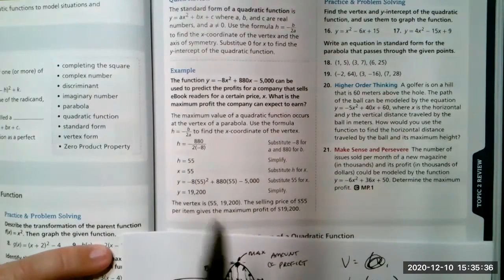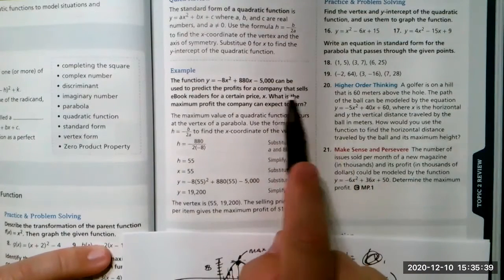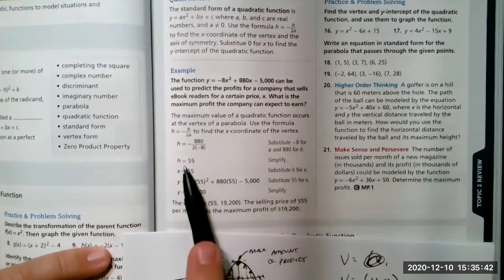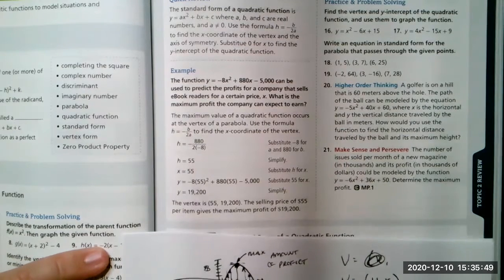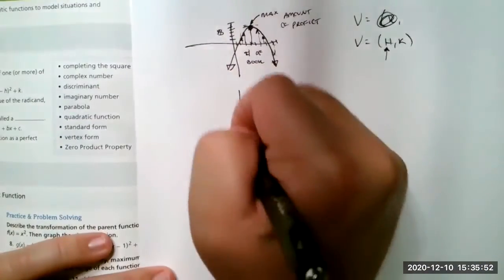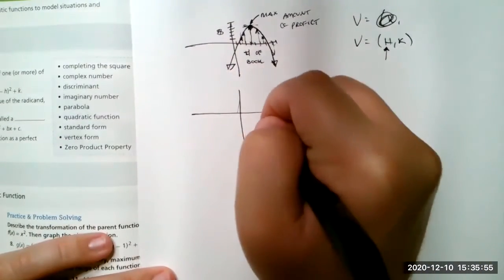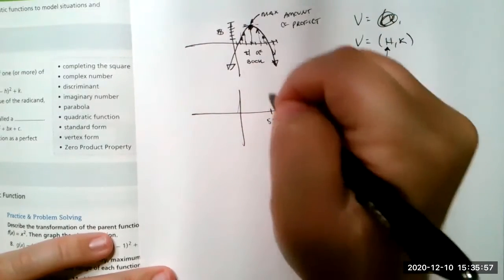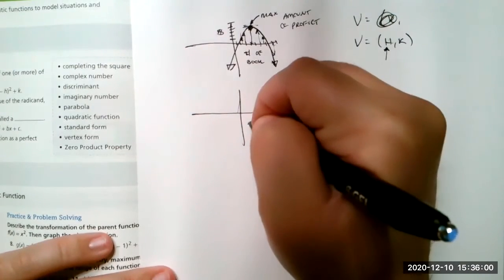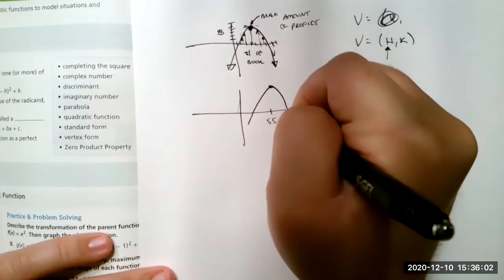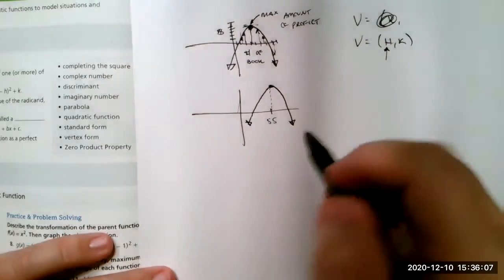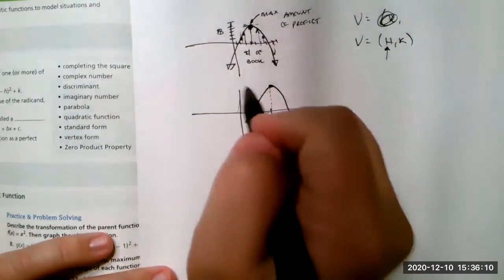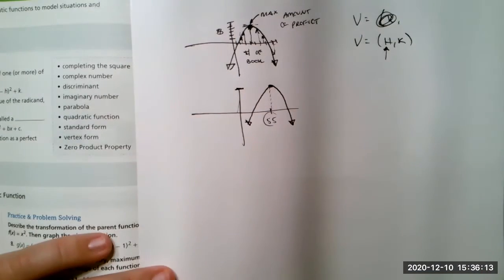So what that's telling me is, this sells ebook readers for a certain price of X. After I sell ebook readers for $55 a piece, that's going to give me the maximum amount of profit. So let me sketch another little picture here real quick. We're going to call that 55 bucks a piece. That's going to be where my vertex is at. So hopefully I can sketch this good. So that's my H value right there. So after I sell an ebook reader for 55 bucks a piece, that's going to give me that maximum profit,